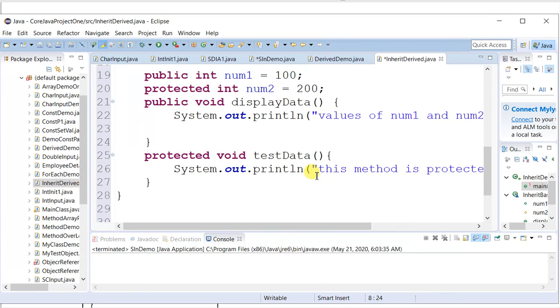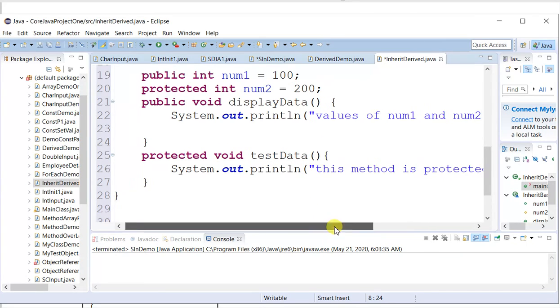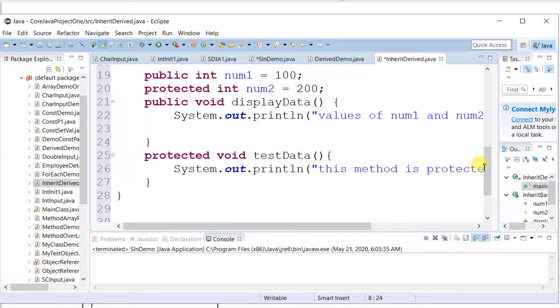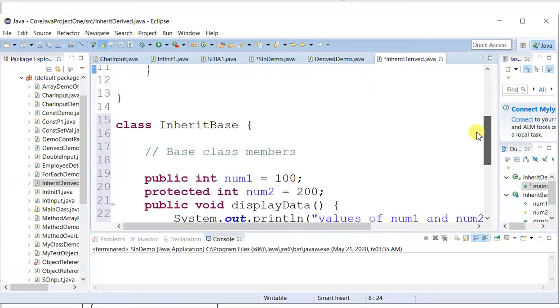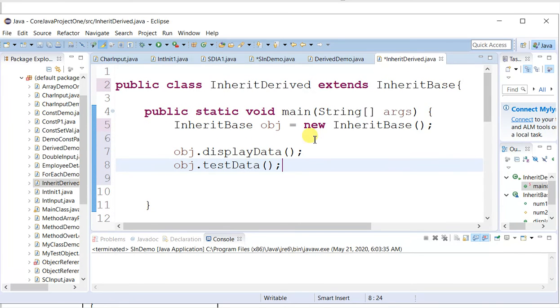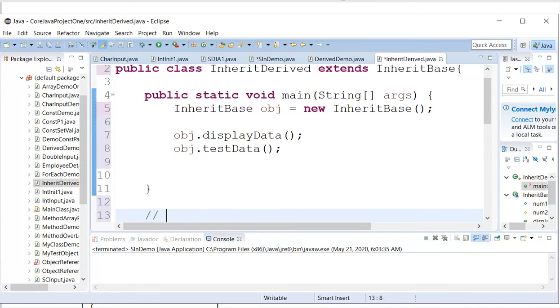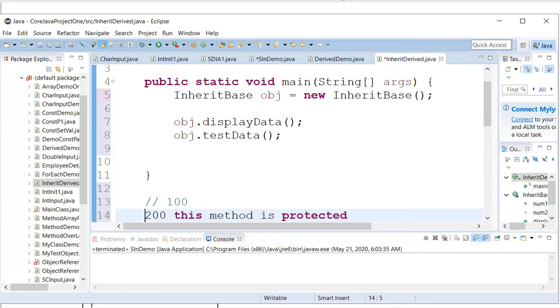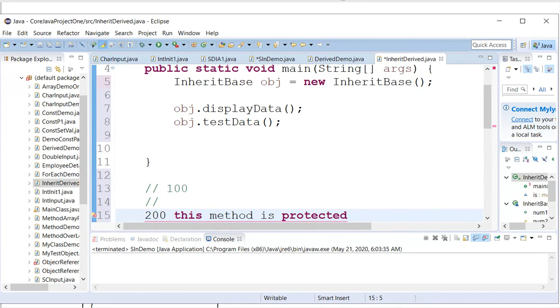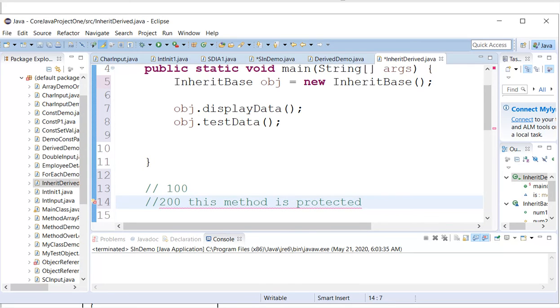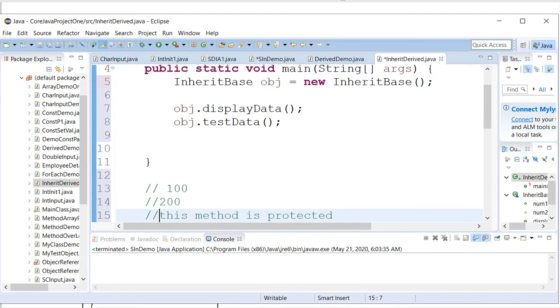The output for the test data method is: this method is protected. So, 100, 200, this method is protected. These are all the output. Let me keep it in different lines. Yes. So, let us execute.